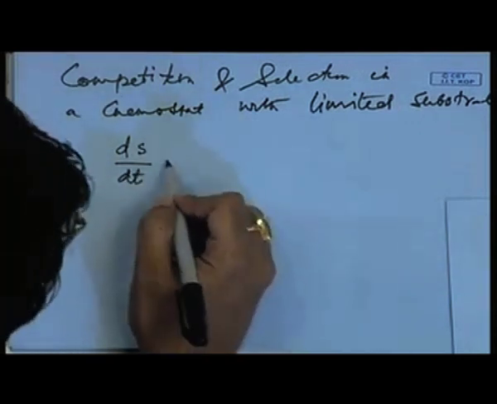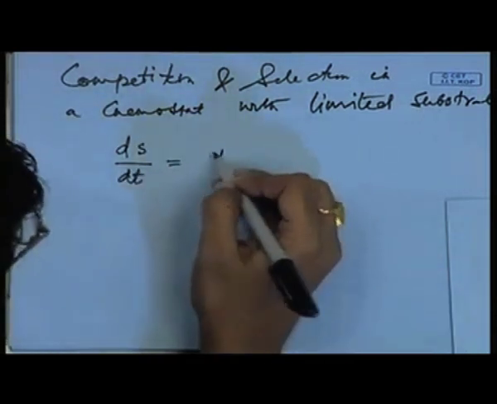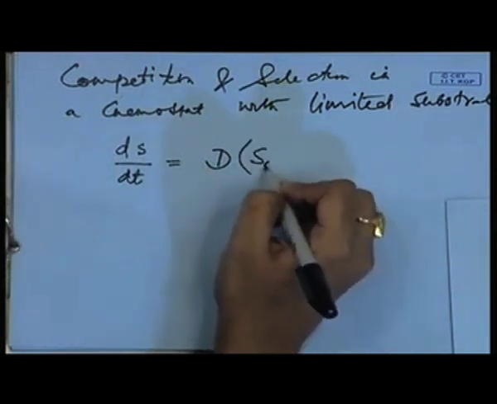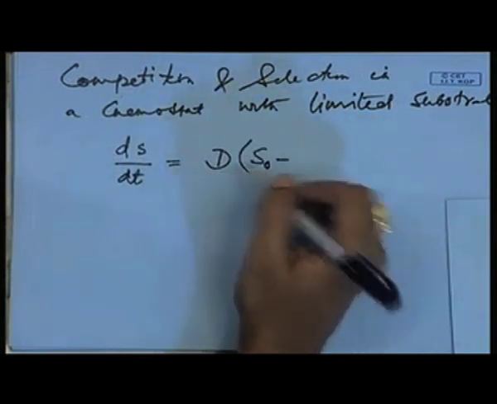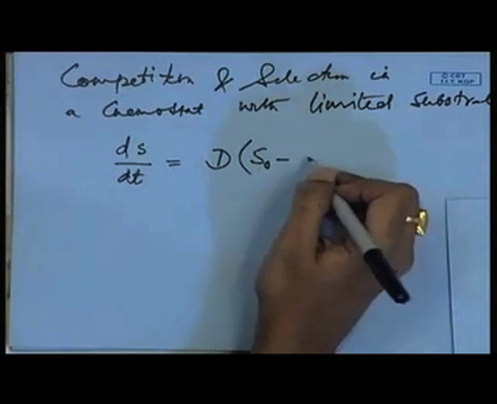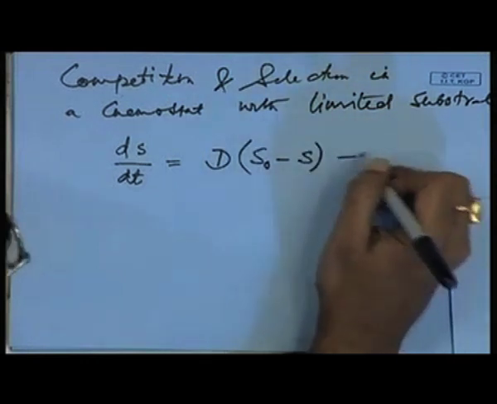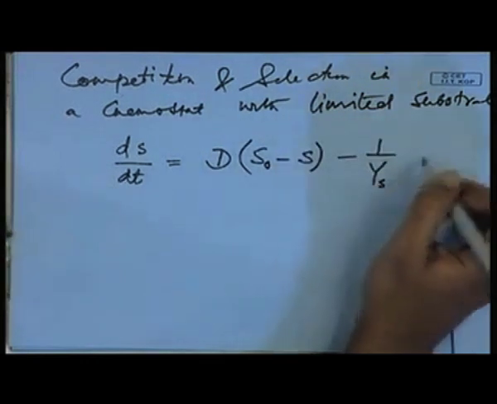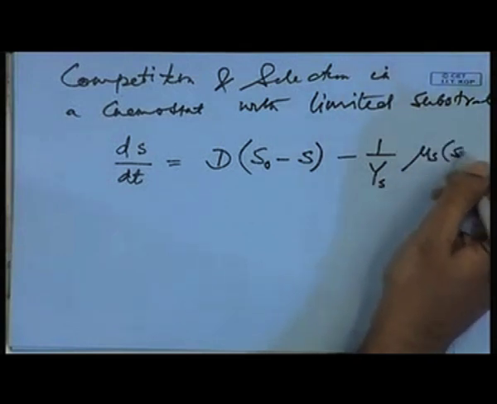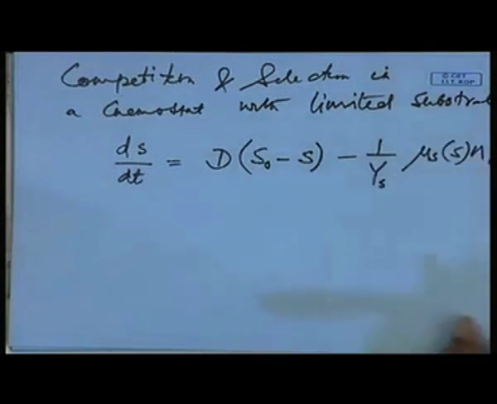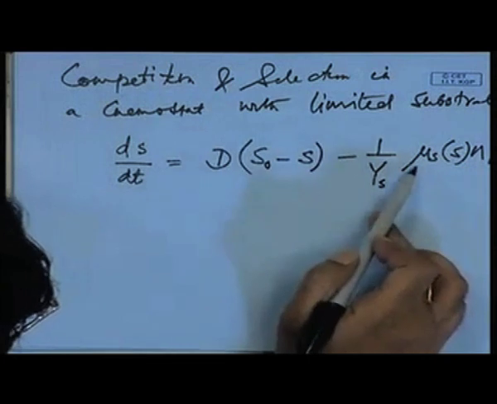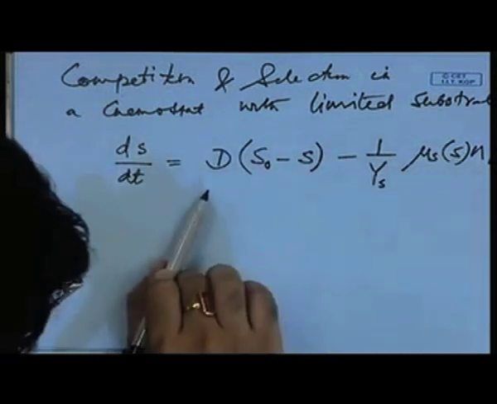So, dS/dt, which is the substrate, is, if you remember, we wrote this chemostat equation before: dilution rate D times S naught, the initial amount of substrate present, minus S, minus 1 over Ys, mu_s(S) times N1. So, mu_s is the specific growth rate of N1. So, what is happening? Substrate